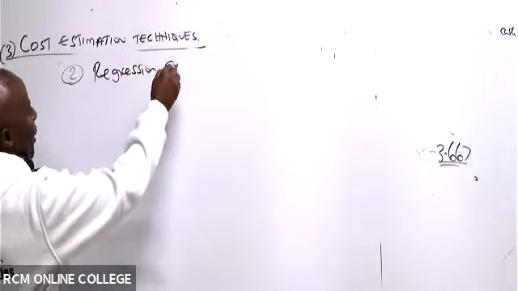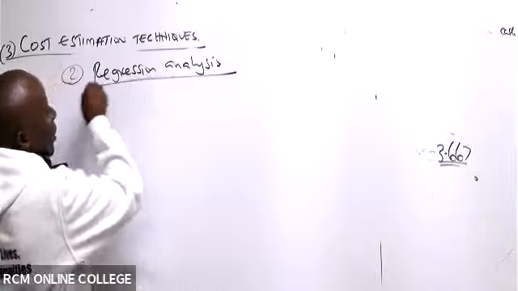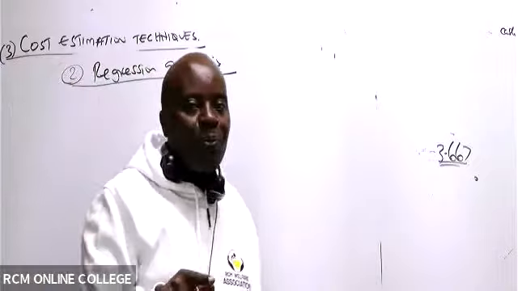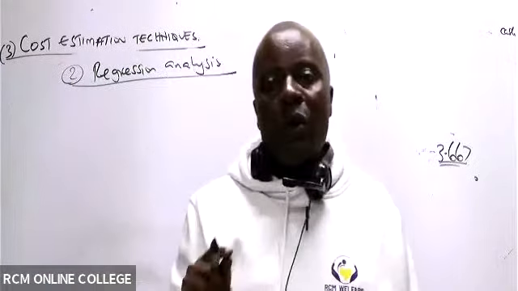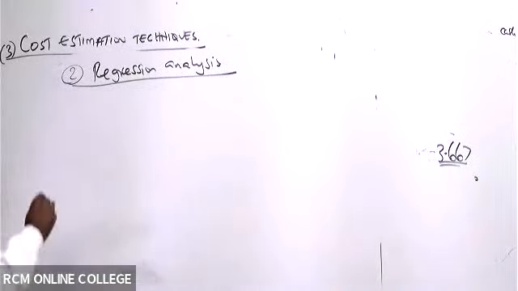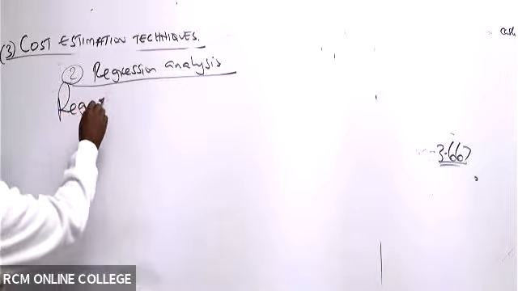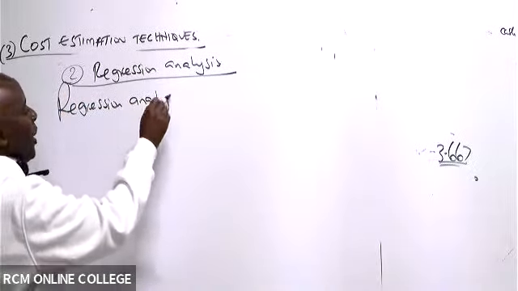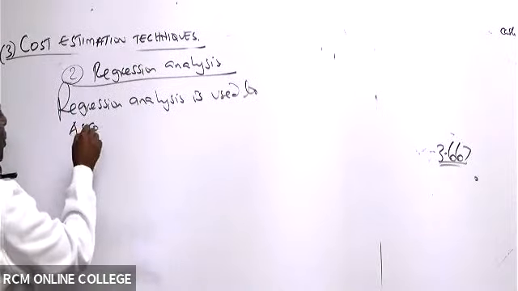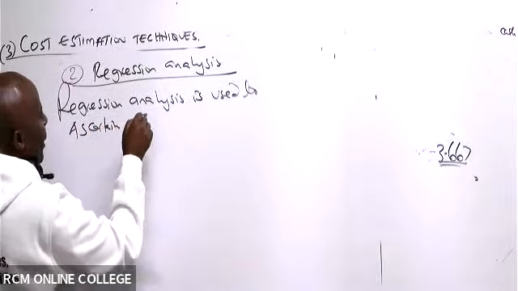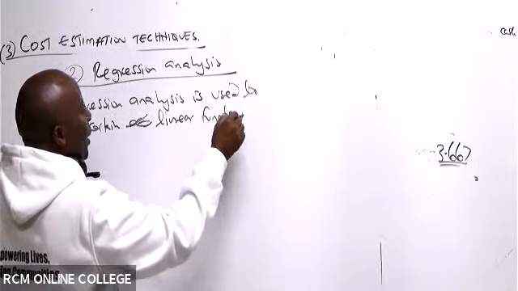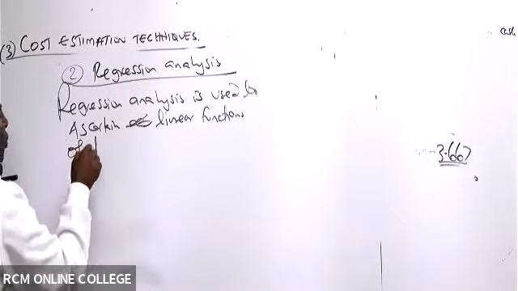So number 2, regression analysis. In regression analysis, we only consider what we call one variable equations. We only consider linear functions. So in this case, regression analysis is used to ascertain linear functions of the form